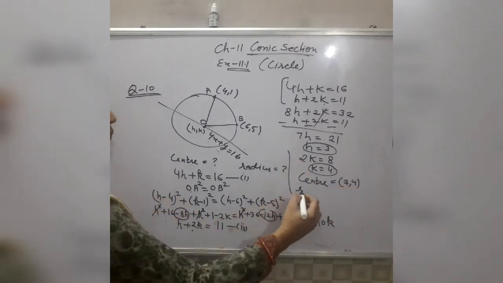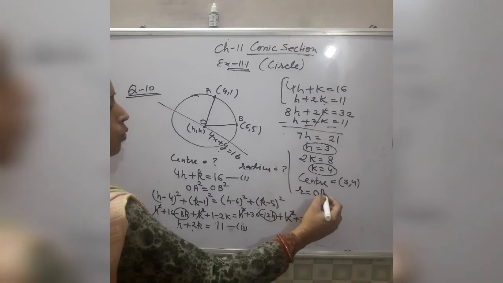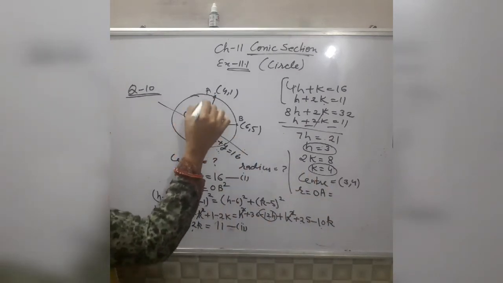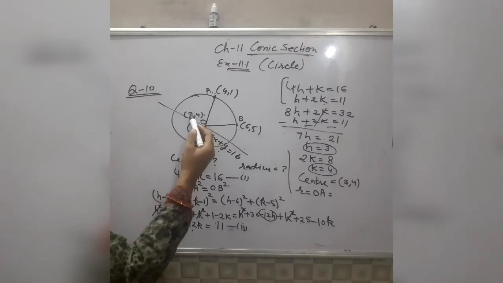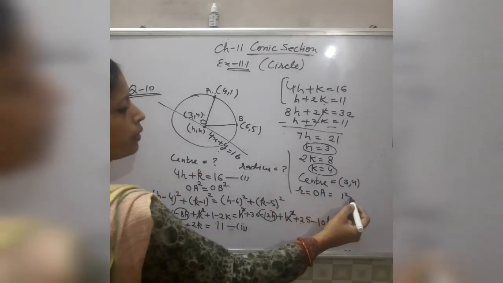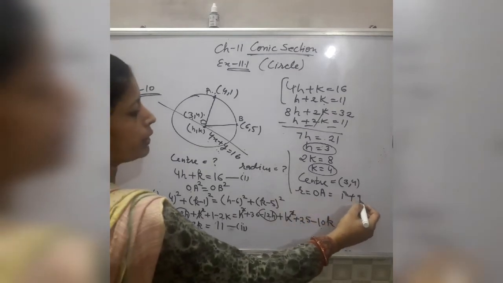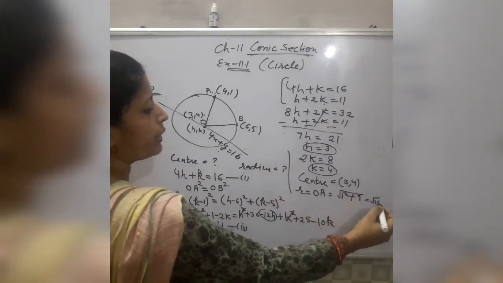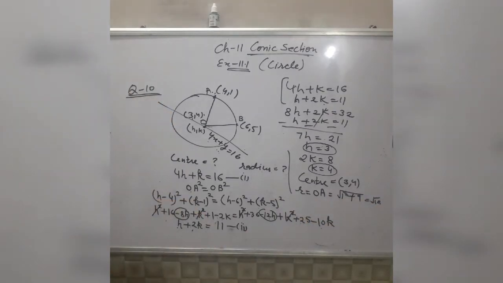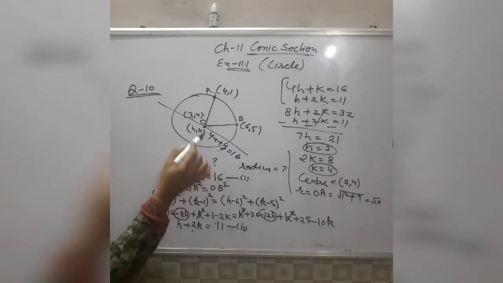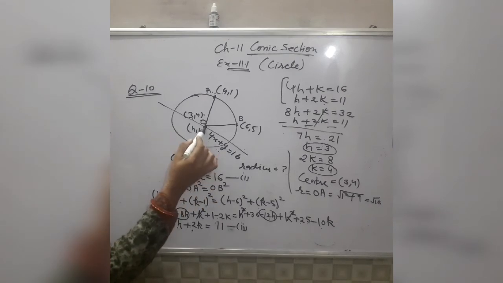Now the radius. Radius is equal to OA. Here find the distance between the center and point A. You will get the square root of (4 - 3)^2 + (1 - 4)^2, that is 1 plus the square of 3 which is 9, root 10. So root 10 is the radius. Now all of you know the equation of a circle is, listen again up to this point. These 2 points are given to you, the equation of this line is given to you, and the center of the circle lies on this line.